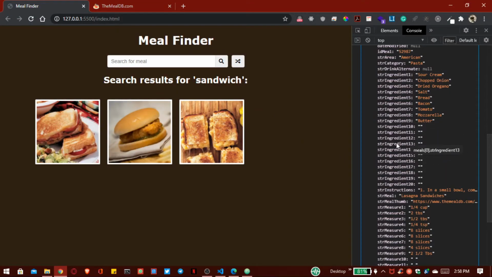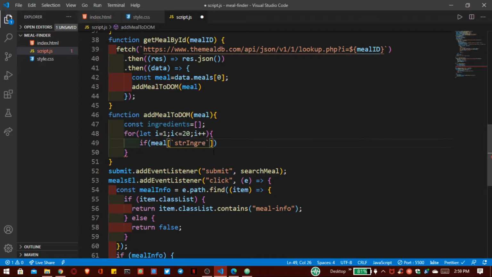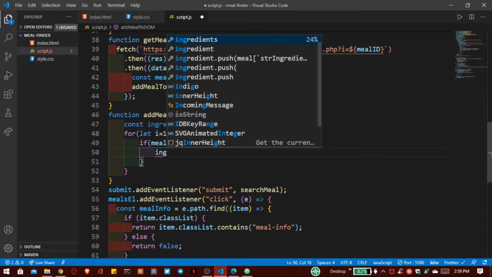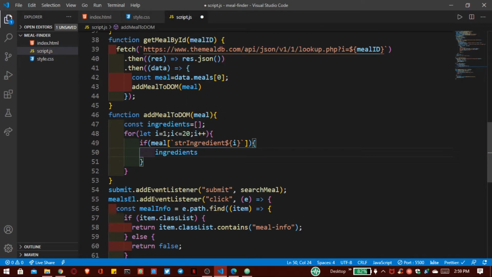This is this, so we can copy this and here we pass them with our i each, that is one by one. Then we have to push them inside this array, that is ingredients. So dot push.